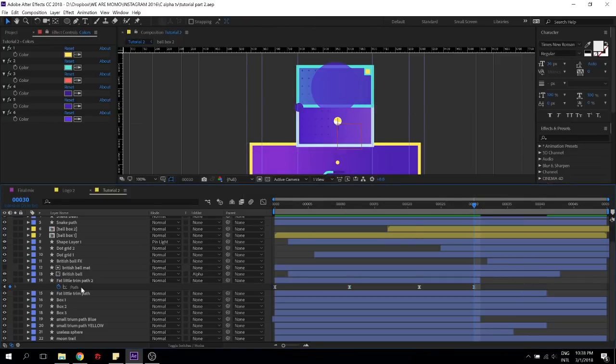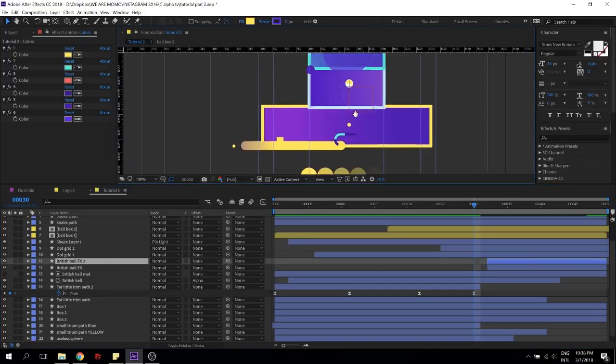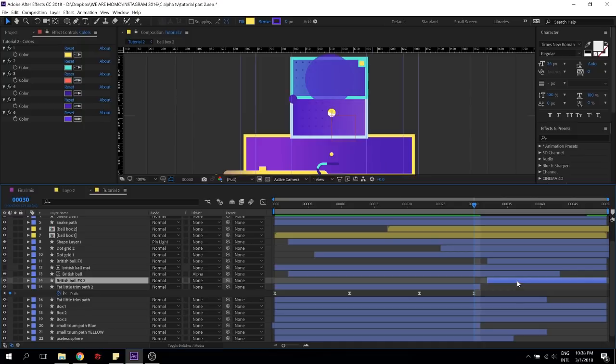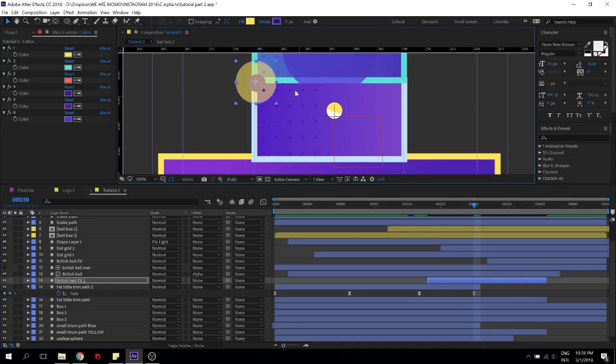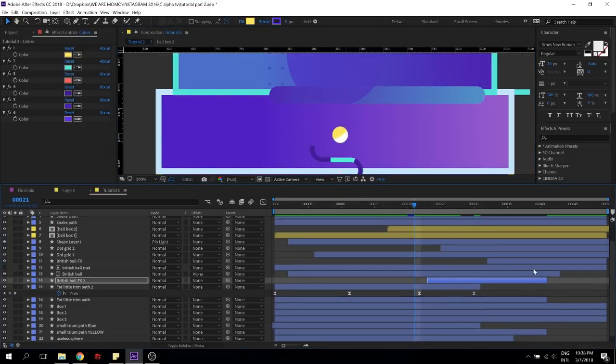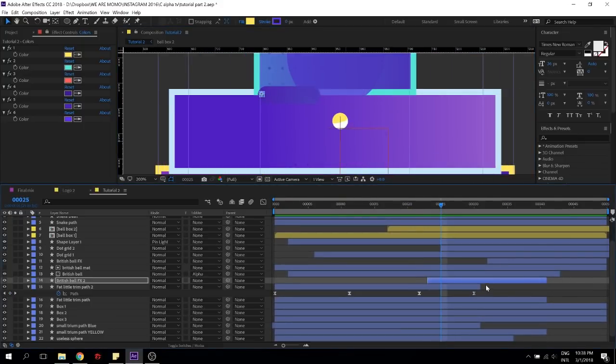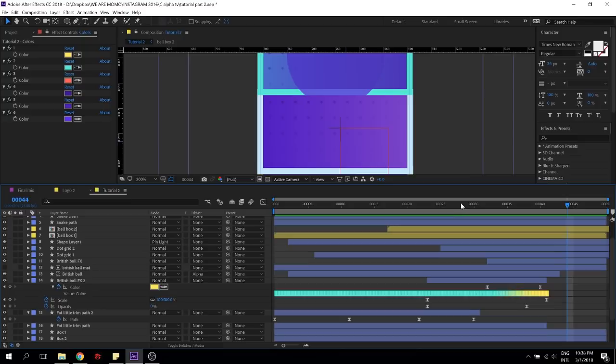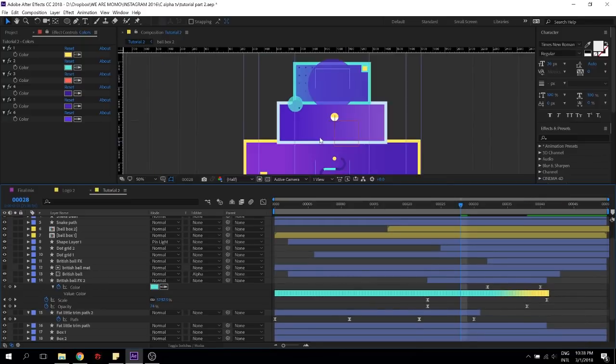And the moment you get there, you know what I want? I want exactly the fat little trim path. I want exactly that British ball effect that we did here. It's going to be the same thing, but this time it's going to be for the little fat thing. So I'm just going to drag this, I'm just going to put it here. So the moment that guy reaches there, all I need to do is I want this to actually be reversed. So it's going to be like boom. All right, so that's pretty cool.